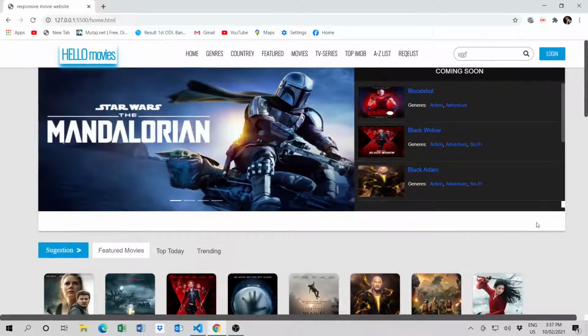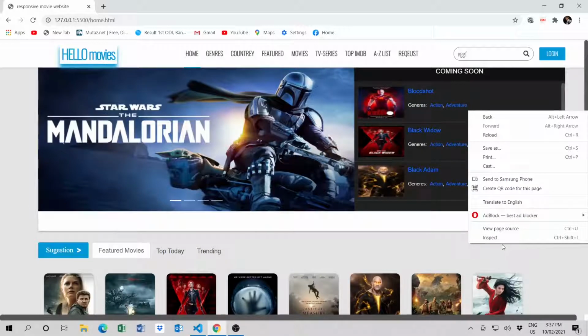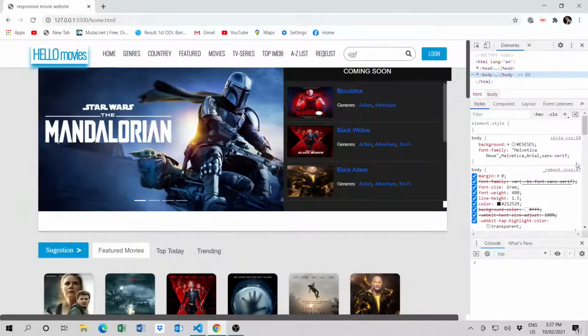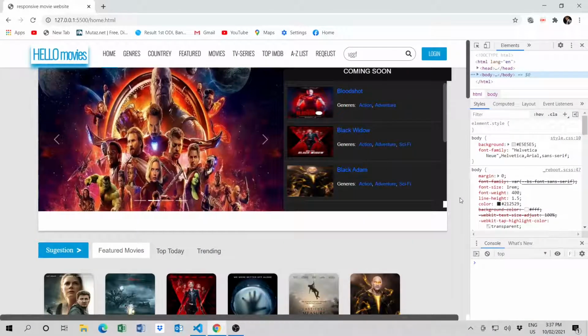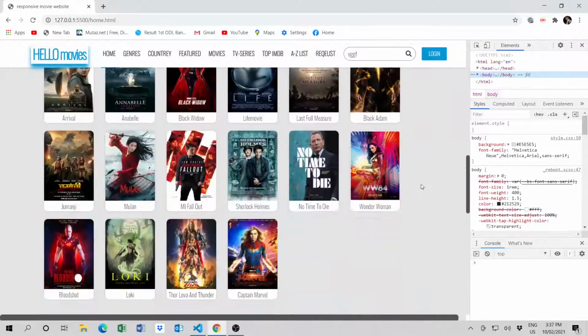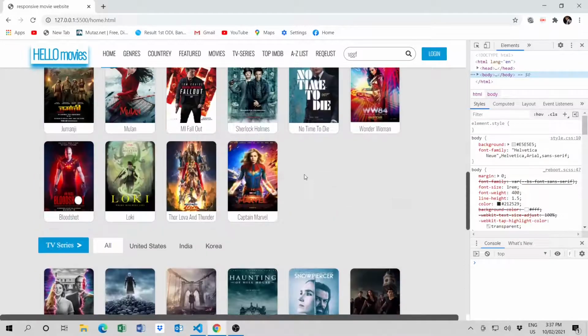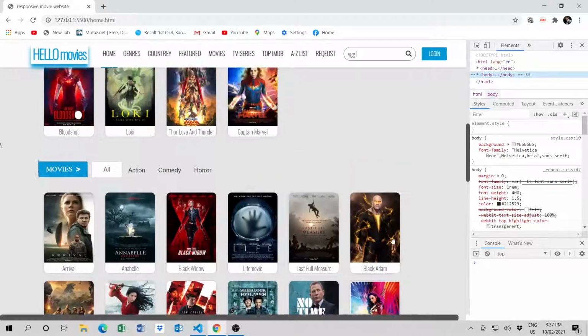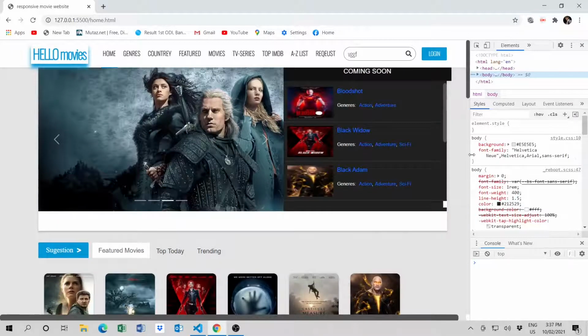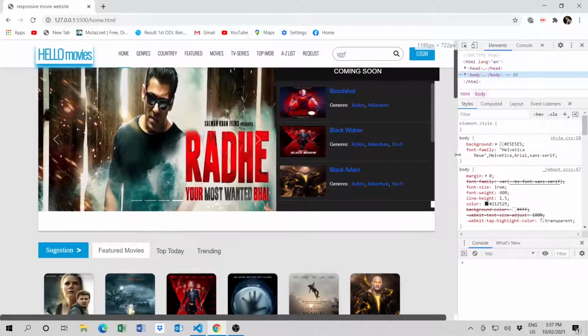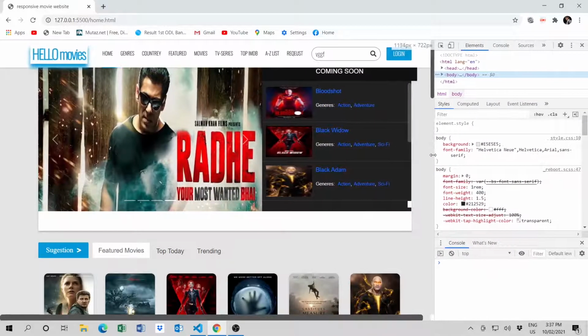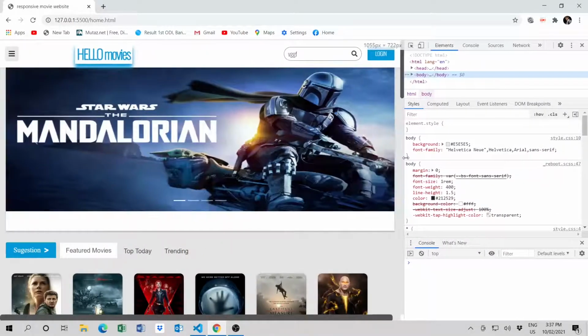So now let's check the responsiveness of this website. So let's go ahead. You can see when the screen size is small, all these images get reduced automatically, and this also gets responsive. So let me make the screen size a little smaller. So let's go. Okay, you can see